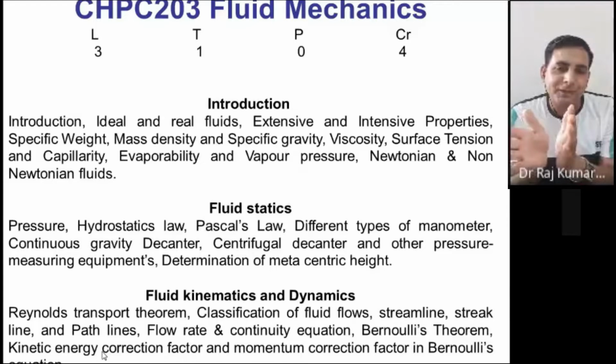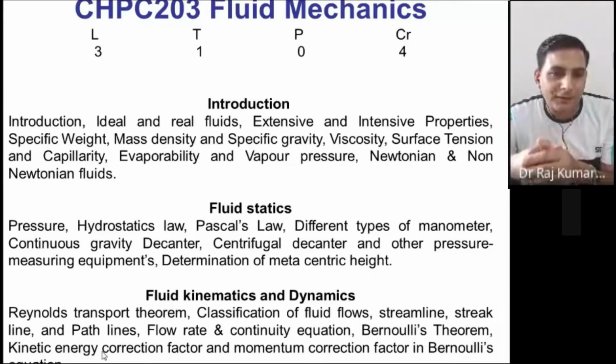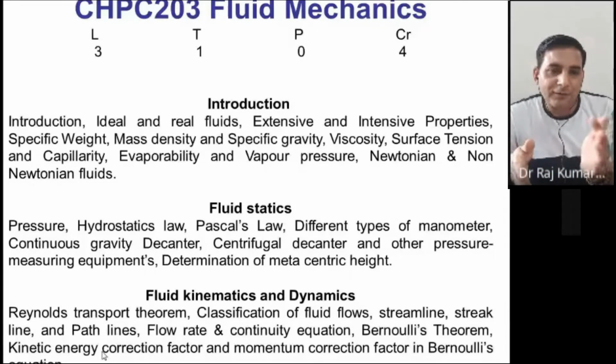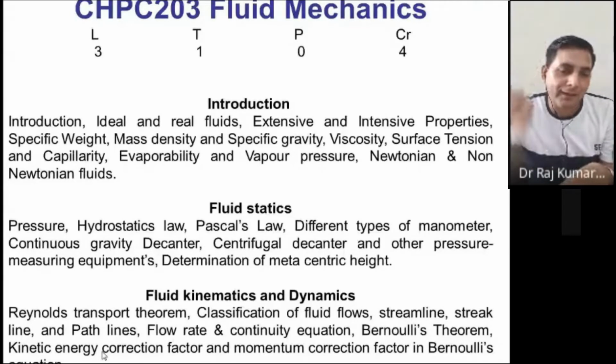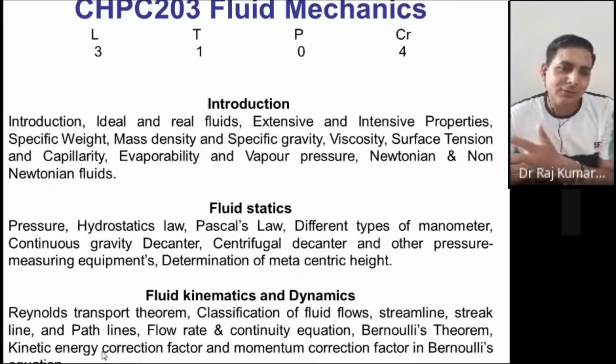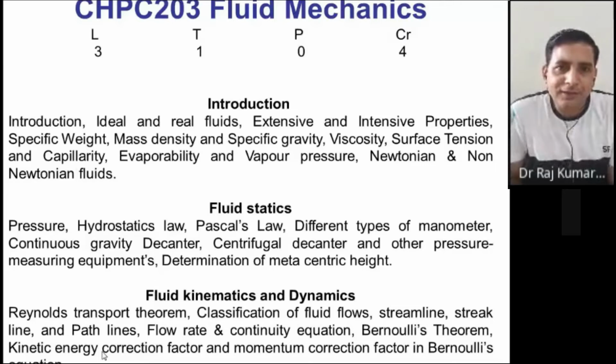So you have two energies: one based on the actual velocity, which comes from the integral over the cross section, and another based on the average velocity because that was easy to calculate. So you got a correction factor there, and that factor is called the kinetic energy correction factor. Each time you need not integrate because that is a time consuming process, and your answers can be calculated based on your average velocity. That is a much easier and more comfortable way, right?